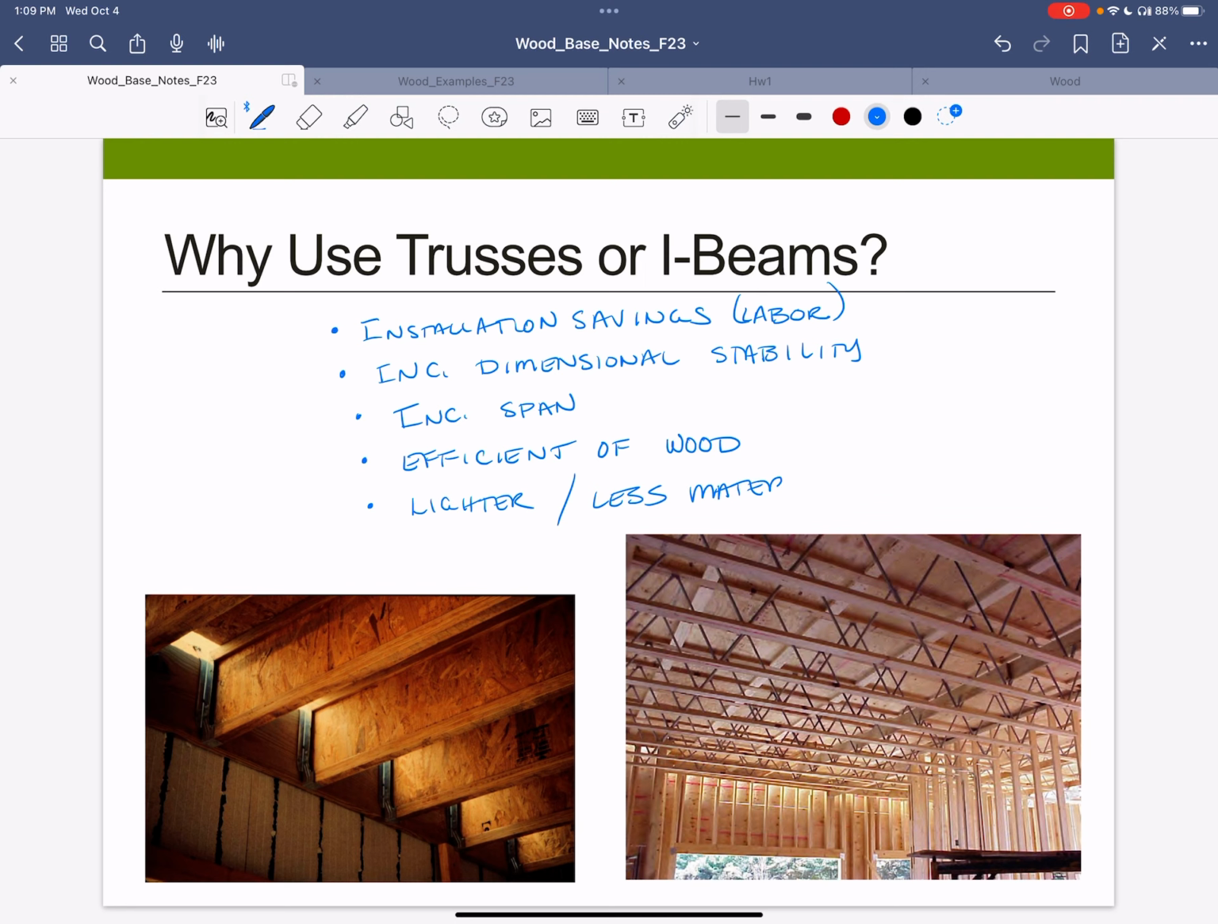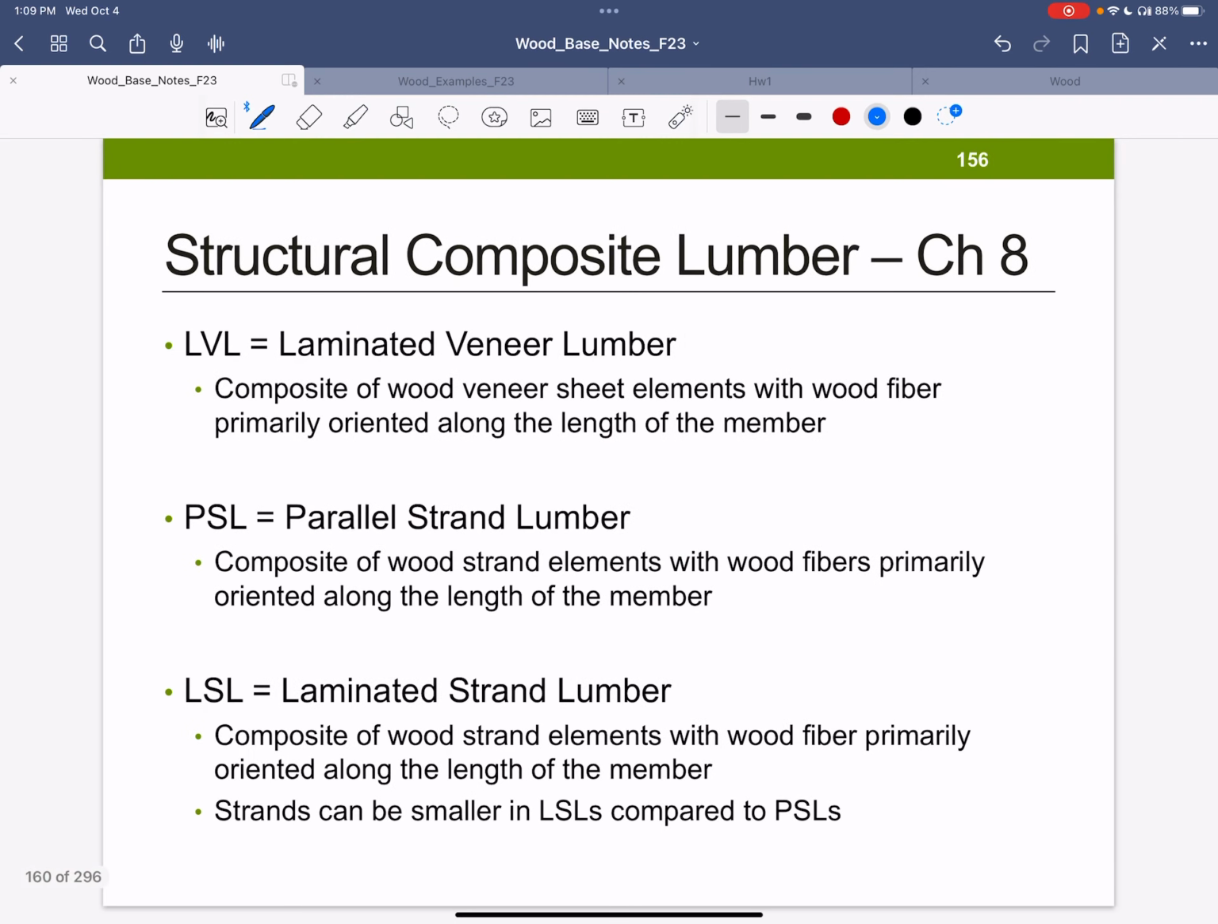So these are the benefits of using these guys. All right, along the same vein, there's some other types of structural composite lumber. We mentioned these at the start of class: LVLs, PSLs, and LSLs. All of these are basically wood fibers aligned along the long ways on the beam or